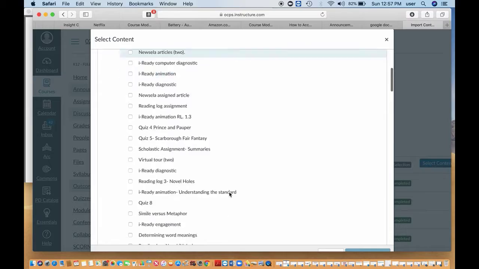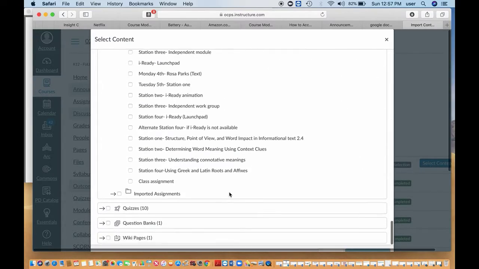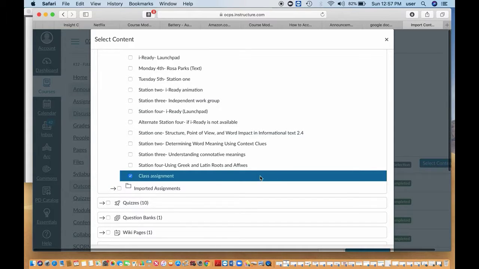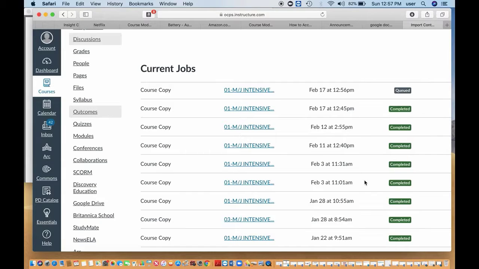Now I scroll down to which assignment I would like to import into my new tile. I select class assignment. Then I scroll down even further and I hit select content. You would now see queued come up, and that would turn into running, where it's actually importing the specific content that you would like to move to another Canvas location. Once this is completed, it will say completed as these do, and then you can simply move to the module